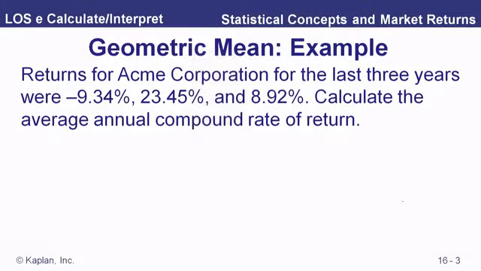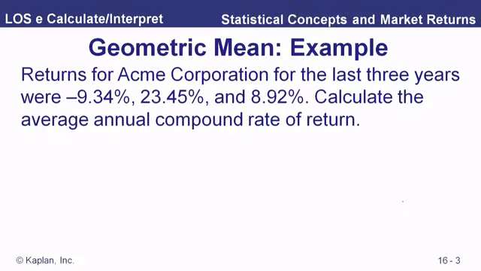So let's look at an example and how we can interpret this. The returns for Acme Corporation in the last 3 years were minus 9.34%, 23.45%, and 8.92%. Calculate the average annual compound rate of return. So what are we really asking? We're asking, what's the single rate of return that if we earn that on a compound basis for 3 years, our results for that 3-year period would be exactly the same as with these returns that we've got for Acme